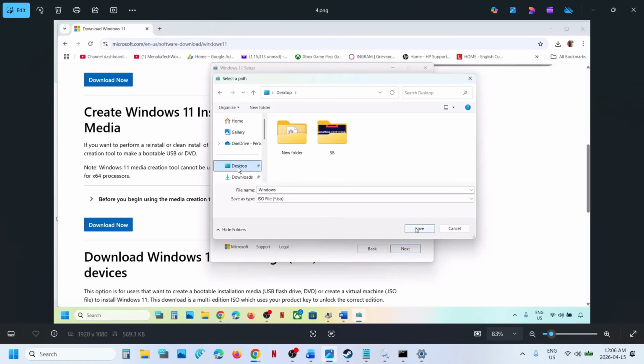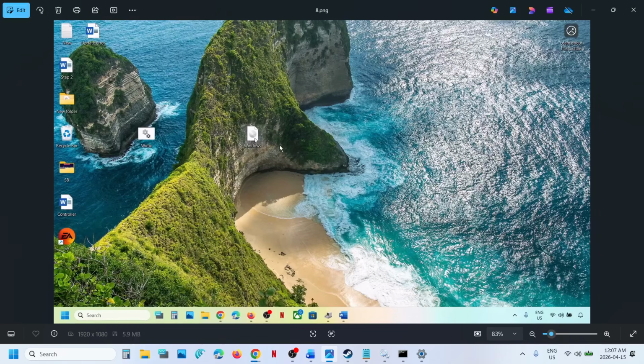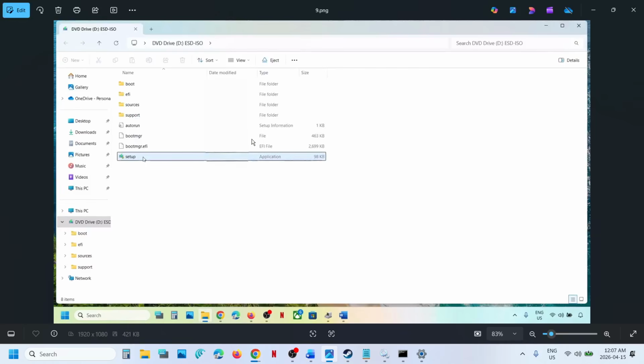You can save it to desktop. Click on save. Let the download complete. This process will take some time. Once done, click on finish over here and let this close automatically. It will take a couple of seconds or maybe a minute to close. Once closed, you can go to desktop, make a double click on Windows ISO file, make a double click on